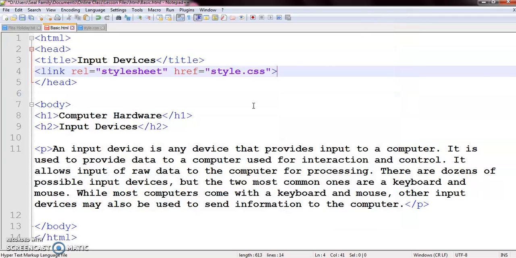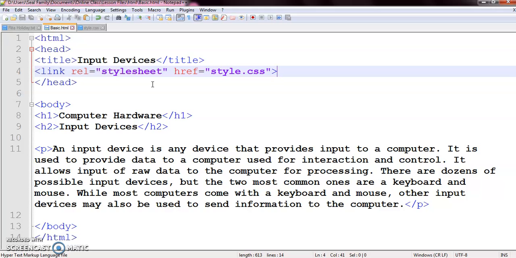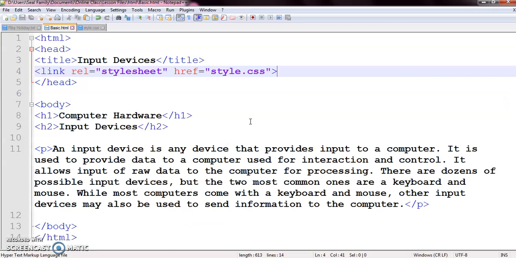But if the style sheet file is located in some other folder, then you have to provide the complete URL here. So in this way, my external style sheet file is ready, and I have already linked it with my HTML file. So let's see the reflection in the web page. So the color of the h1 element is changed.